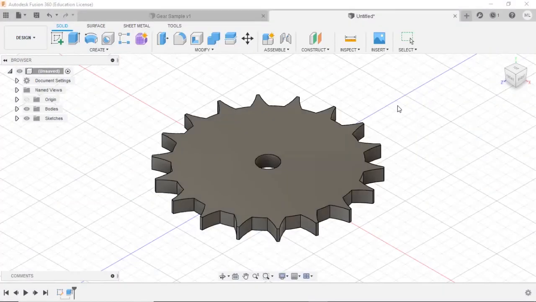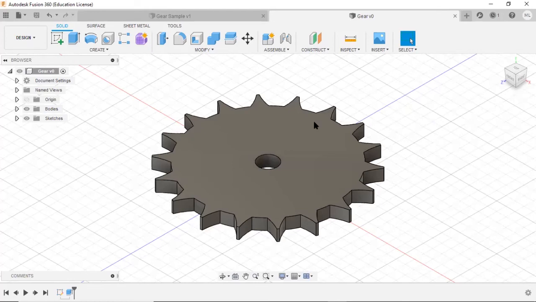Save. This is my previous activity, gear model. Okay, since it's already been saved,